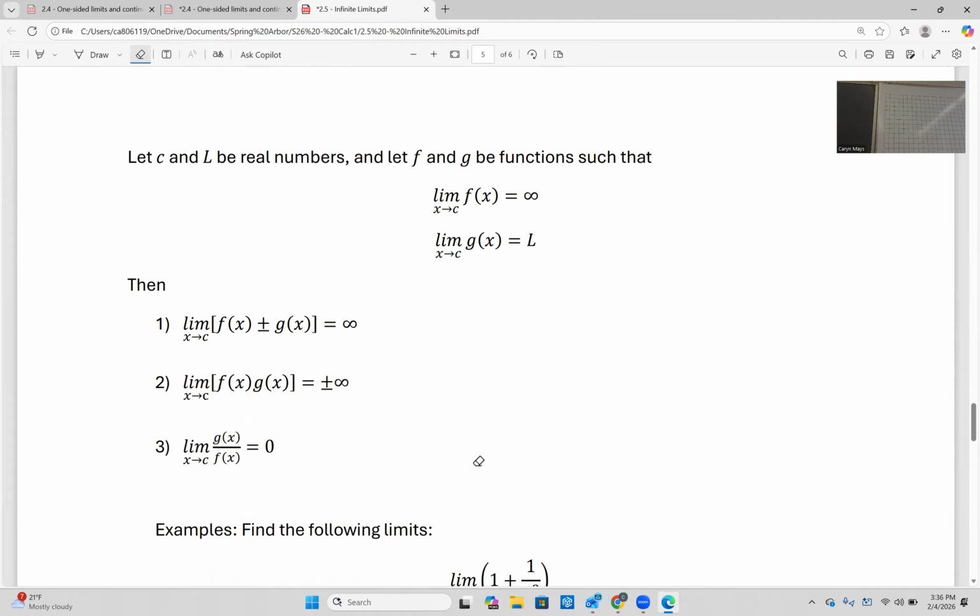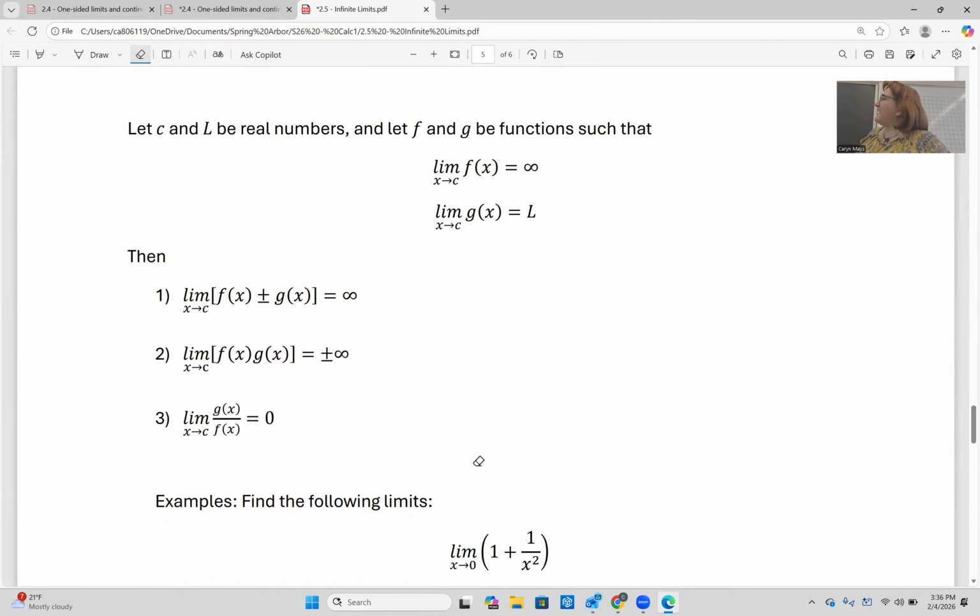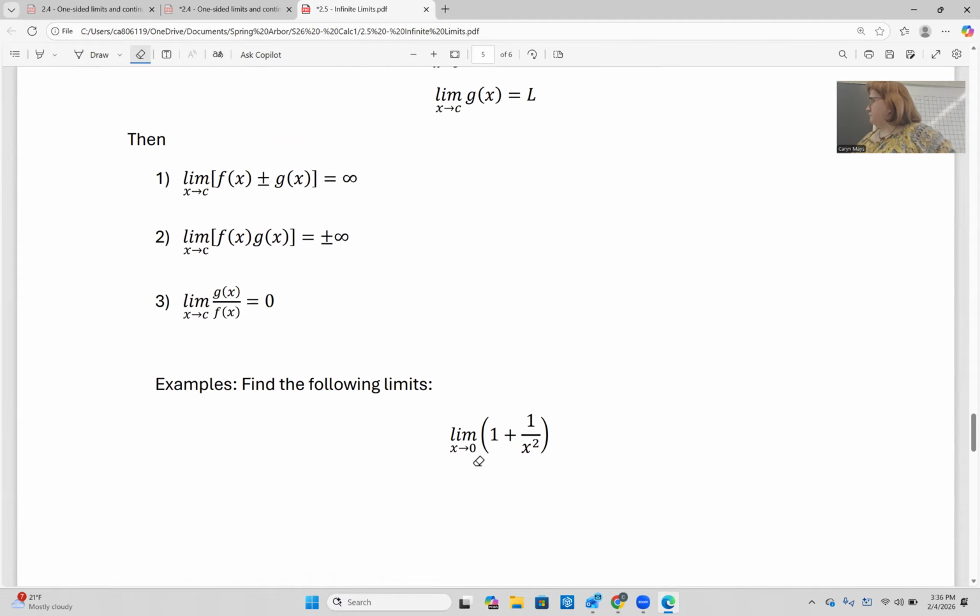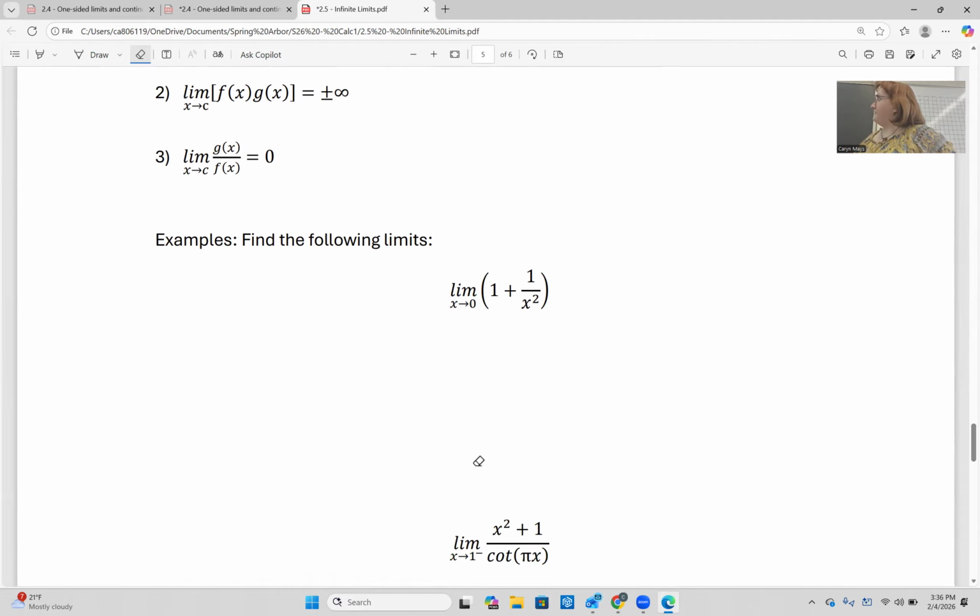So if L is negative, infinity times a negative will become negative. And then if I divide by infinity, if my denominator becomes really big, it approaches 0. So examples,